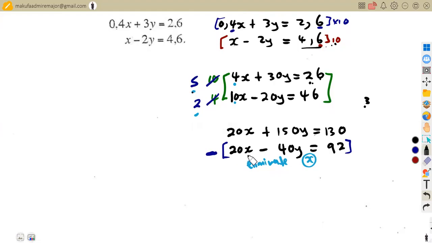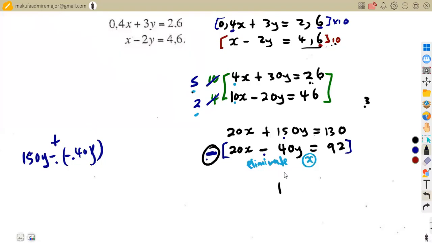The sign that you use here, you're supposed to use it throughout. So it's 150 minus minus 40y, which is going to be a positive. So we've got 150 plus 40, which is going to be